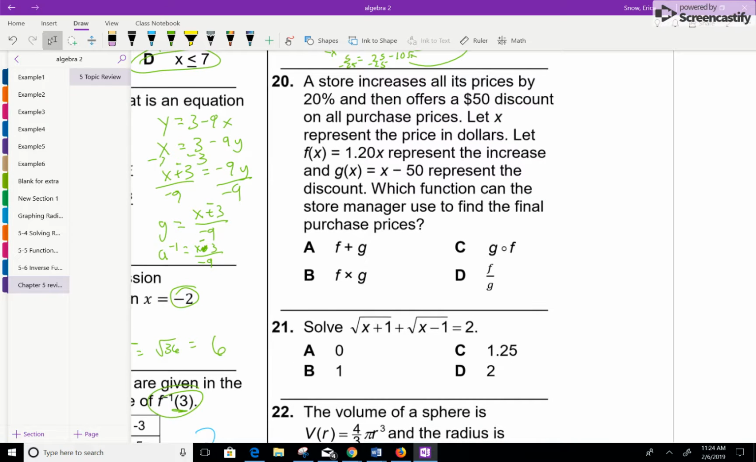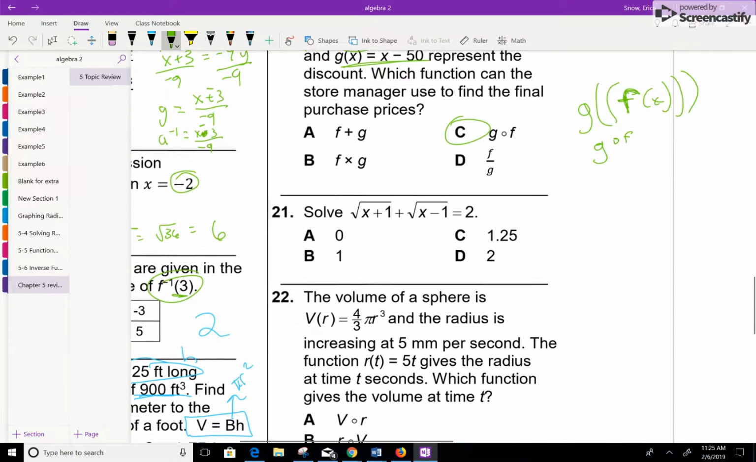20. A store increases all of its prices by 20%, then offers a $50 discount on all the purchases or all the prices. Let x represent the price in dollars. And so this f of x equals the increase, and g of x represents the discount. Which function can the store manager use to find the final purchase price? Well, they're doing this first, right? And when we do something first, we put it on the inside of what we're doing second. So what we're looking for is g of f of x,